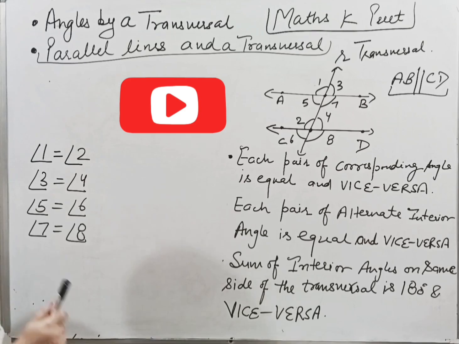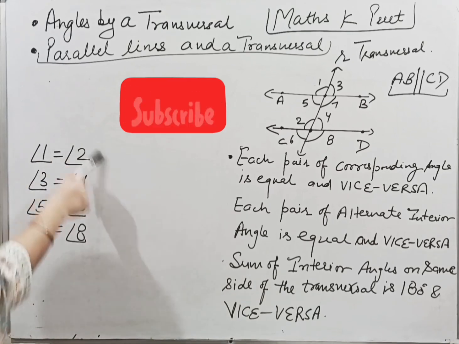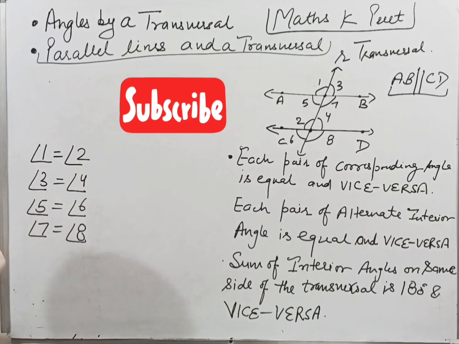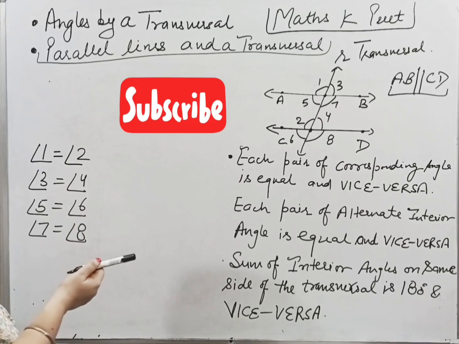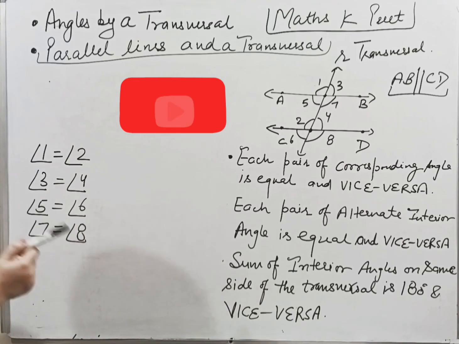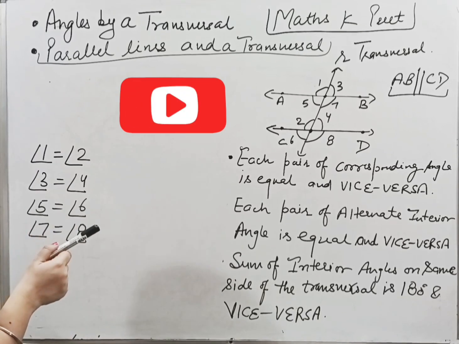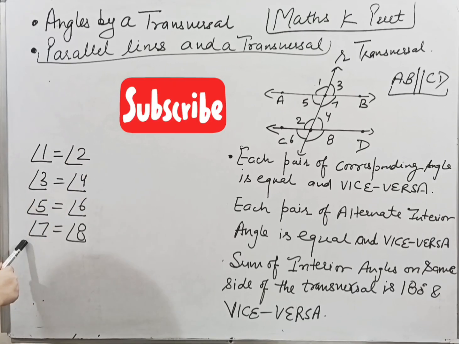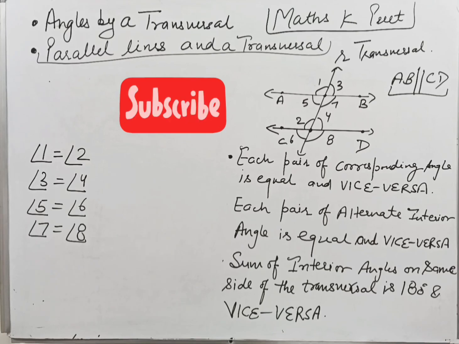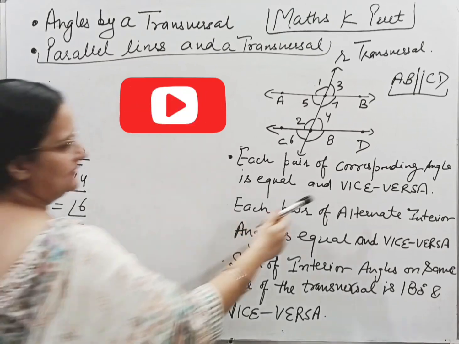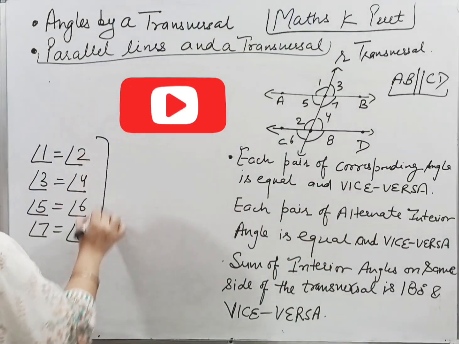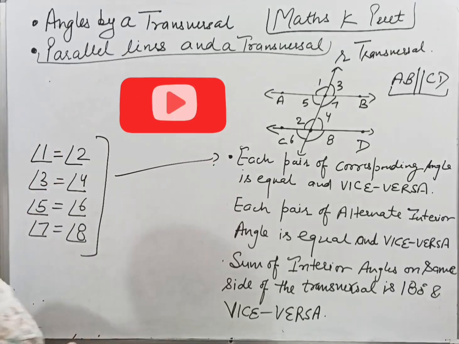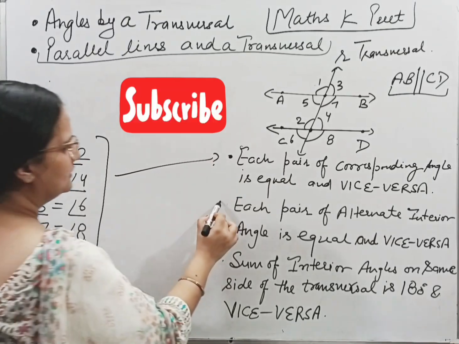Vice versa means when each pair of corresponding angles is equal and a transversal is intersecting, obviously when a transversal is intersecting two lines, not parallel, I am saying two lines, such that these angles are equal, or each pair of corresponding angles is equal, then the lines will be parallel. This is the meaning of vice versa. So this is the result for this. Next is